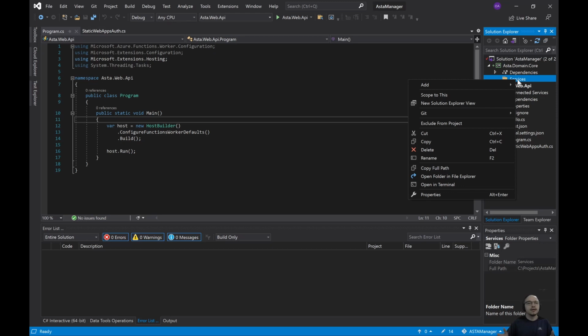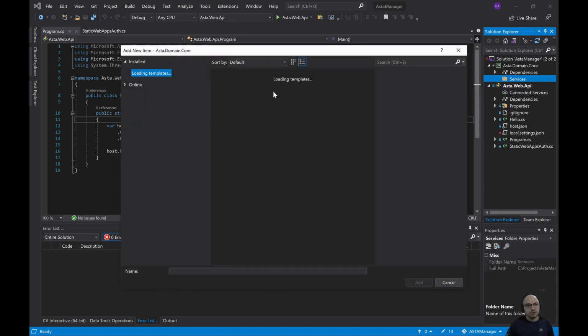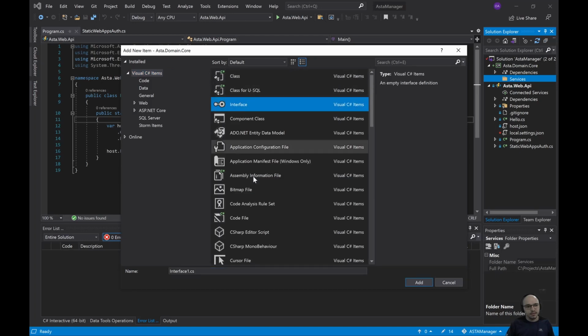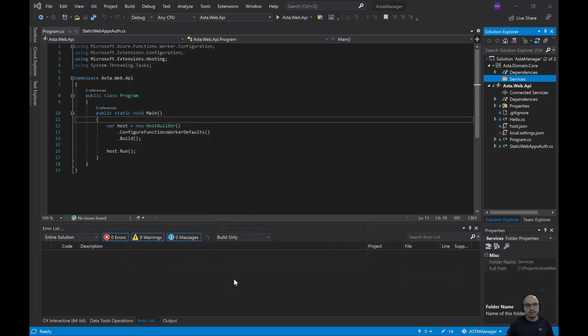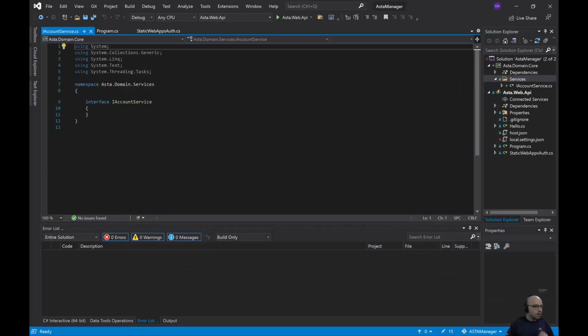So we can start to add that information about the users that actually registered with our website. So let's add a new, I selected class, but I will select interface from here and go with IAccountService. Okay, we want this to be public first of all,